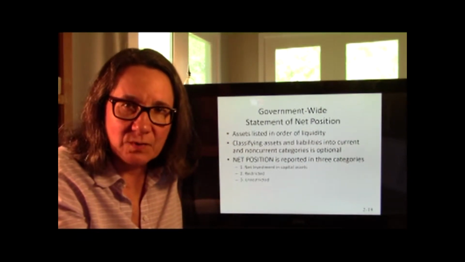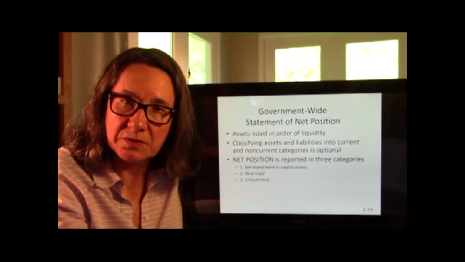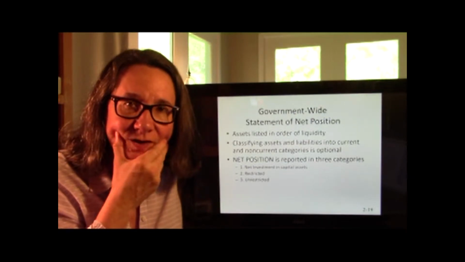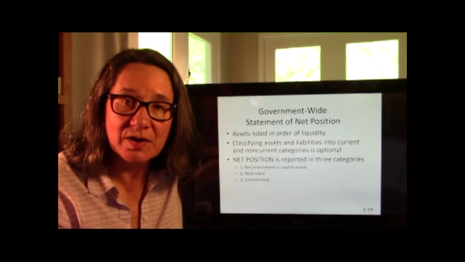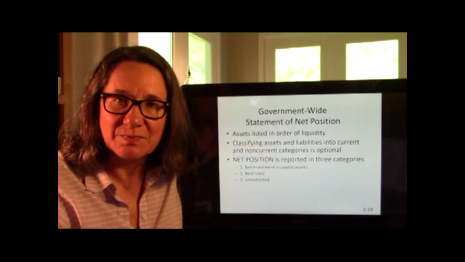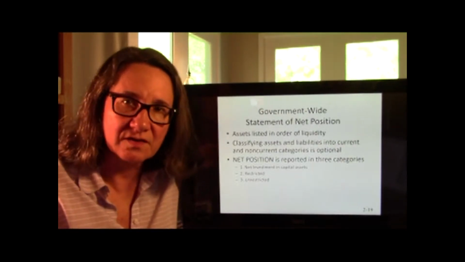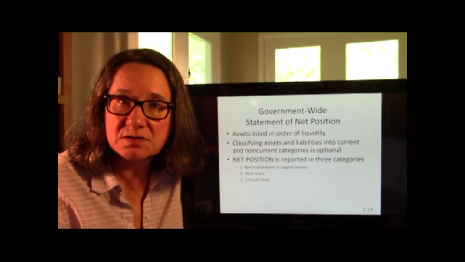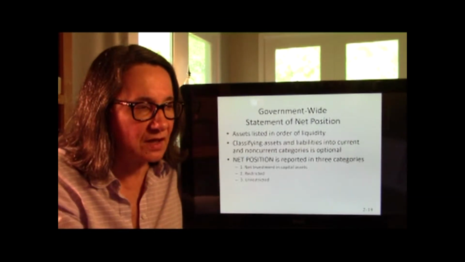So I think we talked a little bit last chapter about the fact that sometimes cities get what are called restricted assets, and they can only be used for certain things. Like, it's easy to imagine somebody donated a building to the city of Kingsville to be used for a library, so they can only use that for that, and they donated a fund to use to buy books and pay a librarian, and it can only be used for that. So those are restricted funds. You can imagine the government gives the city a grant to build a bridge, right? Restricted funds. And then unrestricted can be used for anything.